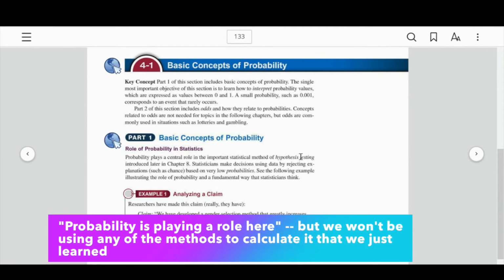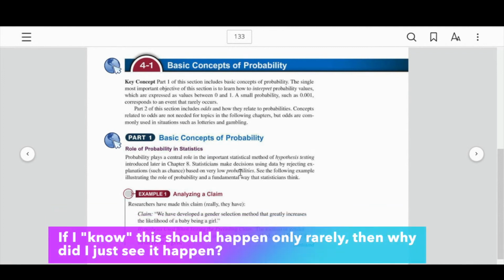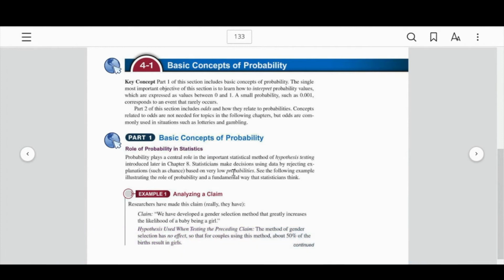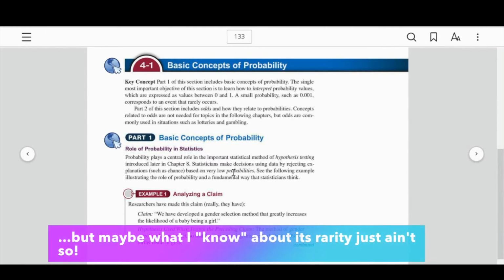And the idea is we're going to make some claim. We're going to think that something is true. Actually, we're going to think that something is false. And we're going to find the probability of what we saw. And if, assuming the thing was false, the probability is very, very low, well, why should such rare things happen? Well, there are two possibilities. One is sometimes rare things happen, and that's certainly possible all the time. But the other possibility is you think this is rare because you're stupid.